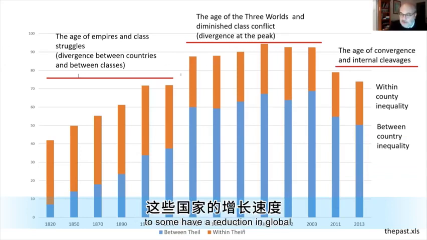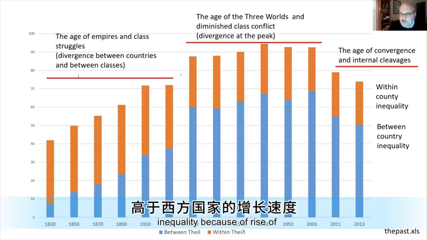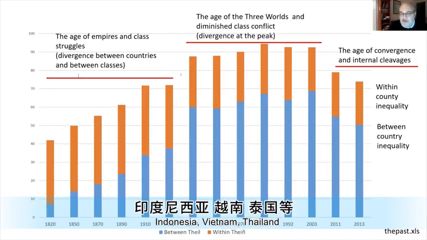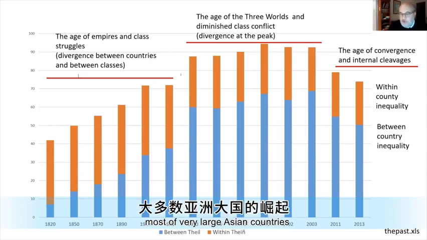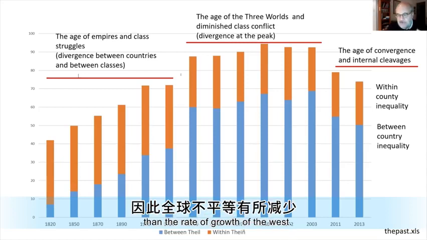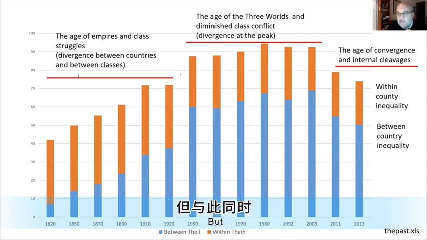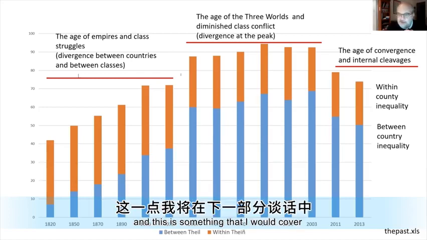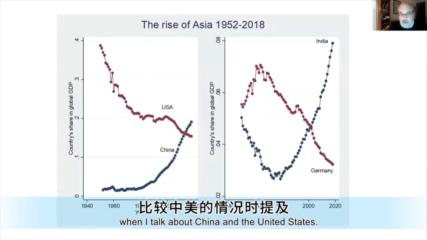So in other words, to some extent you have a reduction in global inequality because of the rise of India, China, Indonesia, Vietnam, Thailand, most of the very large Asian countries, whose rate of growth is higher than the rate of growth of the West. But within countries, you have very often rising inequality. And this is something that I will cover in the next part of the talk